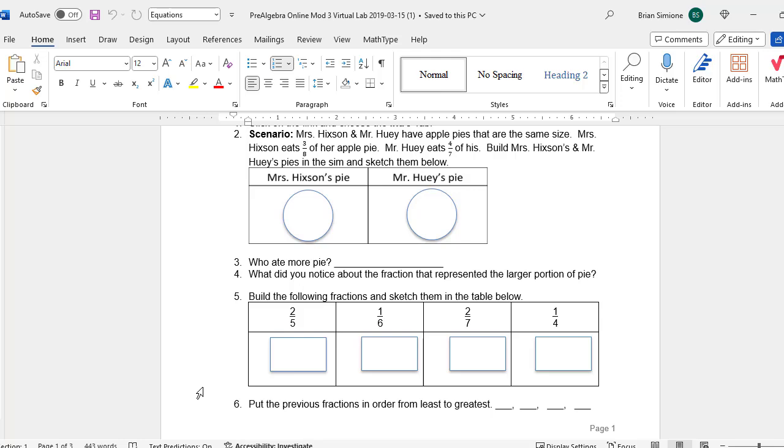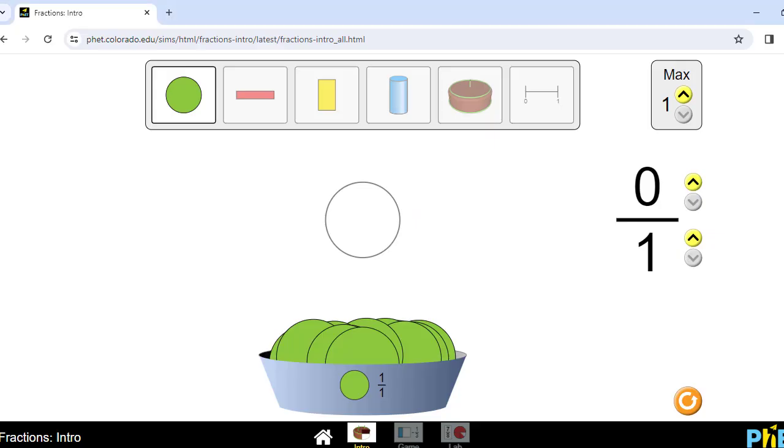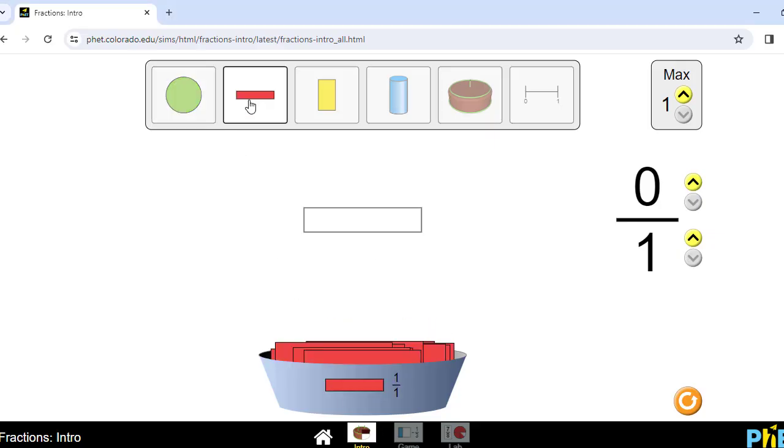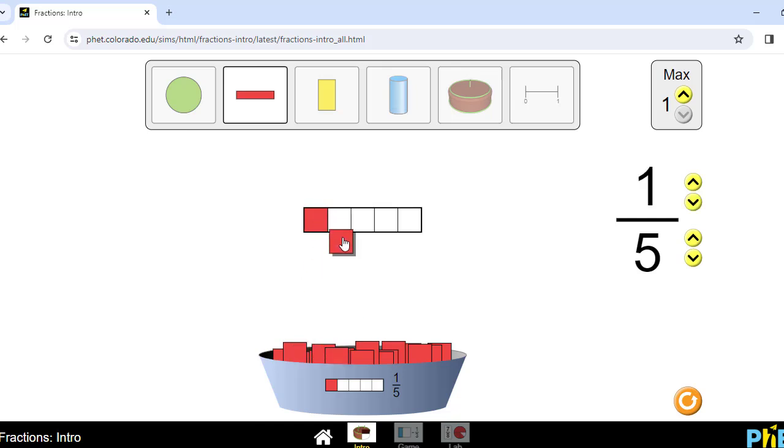Let's take a moment and discuss question 5, where you want to build the following fractions and sketch them in the table below. So the fractions we have are 2/5, 1/6, 2/7, and 1/4. So going back to our simulation, since it was a fraction bar, I'm going to click on the second option, and we're going to build, I think it was 1/5 or 2/5. So I increased the denominator to 5, and again I can move these pieces up so I get to the